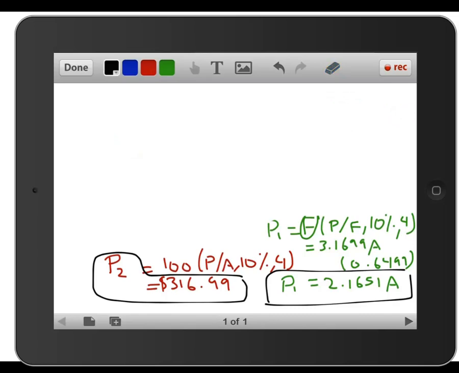Okay, and we'll say that P1 will equal to P2. That means that 2.1651A will equal to